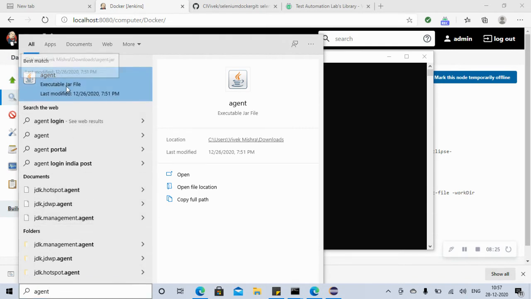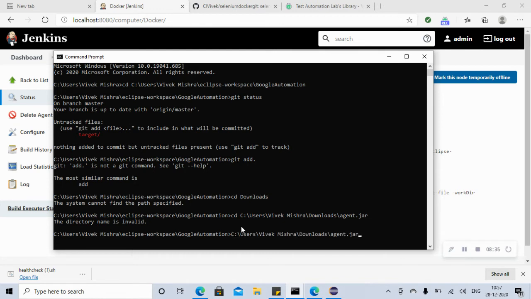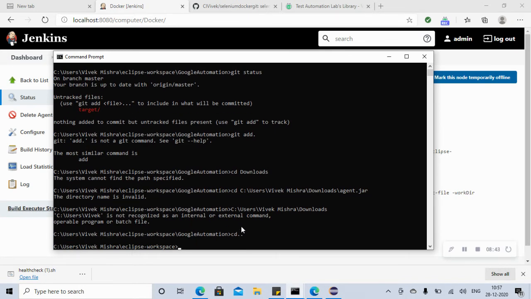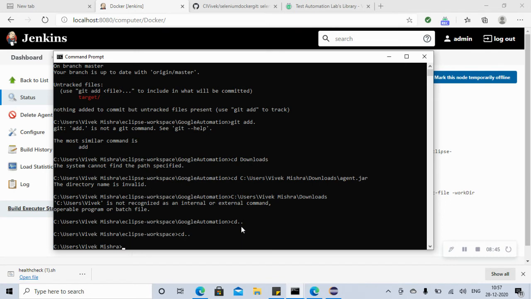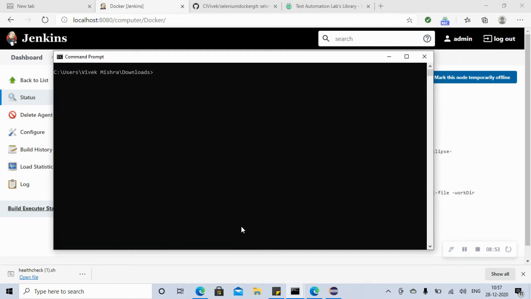If this is the executable jar, just right click here and copy the full path. Then go here, cd space. Okay, sorry, we don't want the agent. We just want to go till downloads. We have to cd and then cd space. Yeah, now clear the screen. So now we are here.